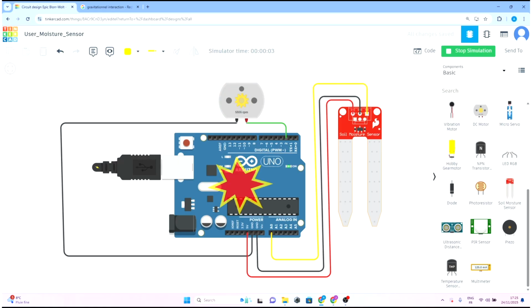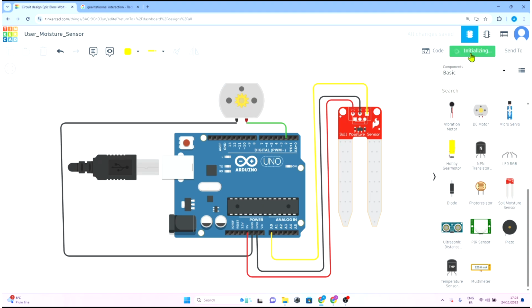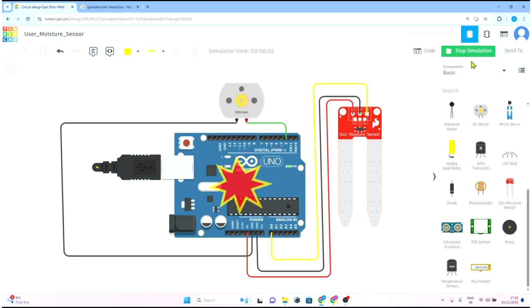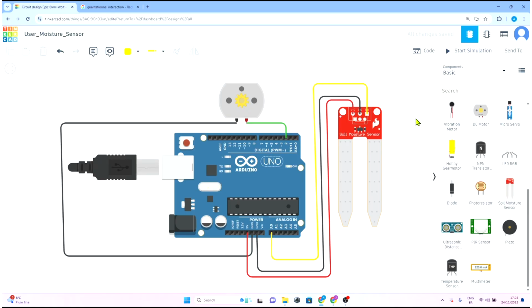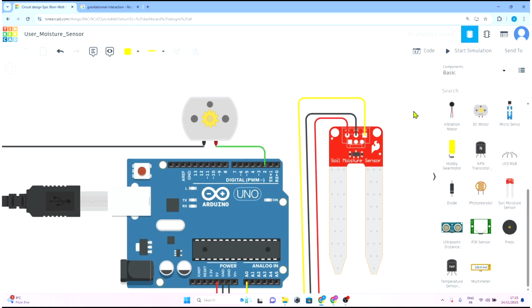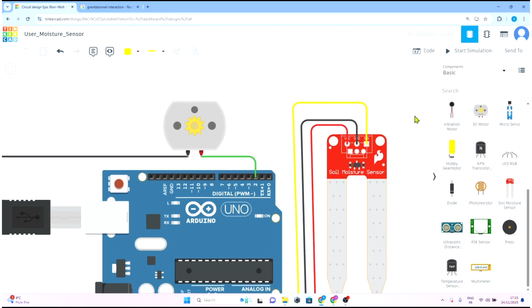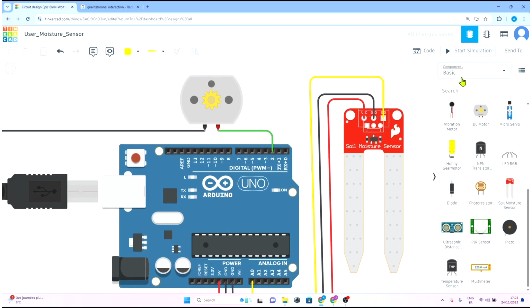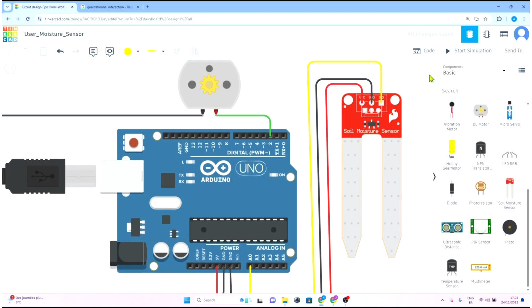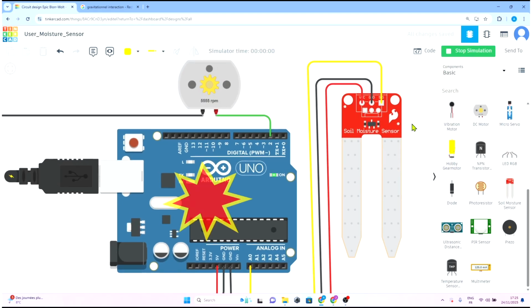There is one issue. Maybe we didn't add a resistor to the circuit, but okay, where is the issue? We're going to damage the Arduino. This is not a good practice at all. But if you zoom on my screen and start the simulation, we can see that at some certain level,